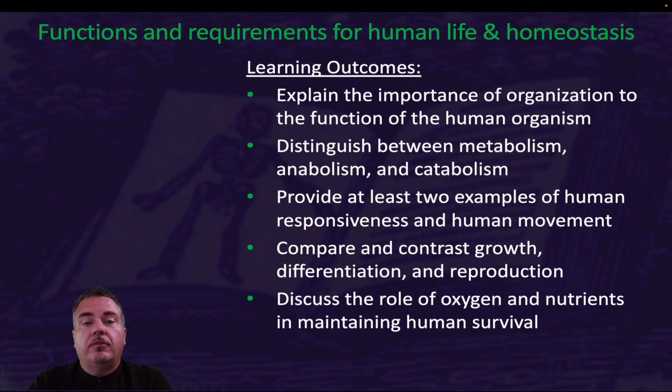By the end of this video, you should be able to explain the importance of organization to the function of the human organism, distinguish between metabolism, anabolism, and catabolism, provide at least 2 examples of human responsiveness and human movement, compare and contrast growth, differentiation, and reproduction, discuss the role of oxygen and nutrients in maintaining human survival, explain why